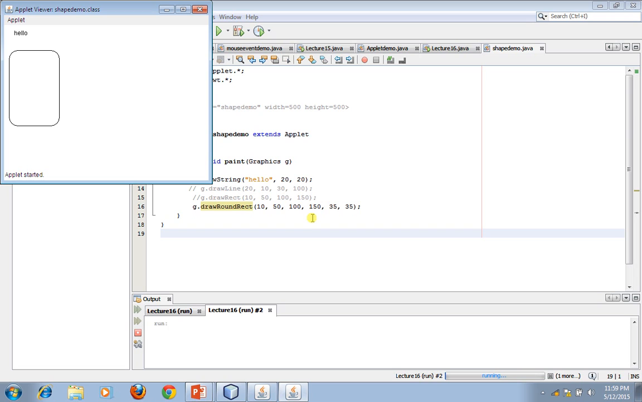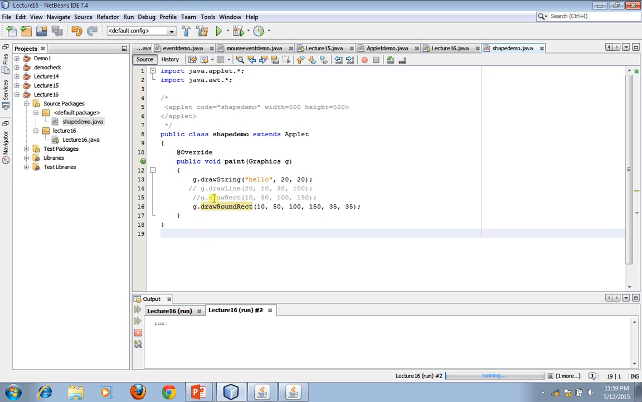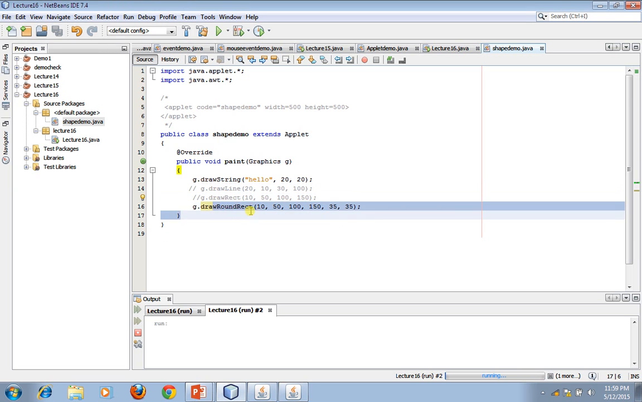So to decide that thing you have to specify the 5th and 6th coordinate, and the first 4 coordinates are again used to draw the rectangle. So हम लोगों ने already 3 functions देख लिए. First we have seen draw line, then rectangle, then draw round rectangle. Okay, now the next one,